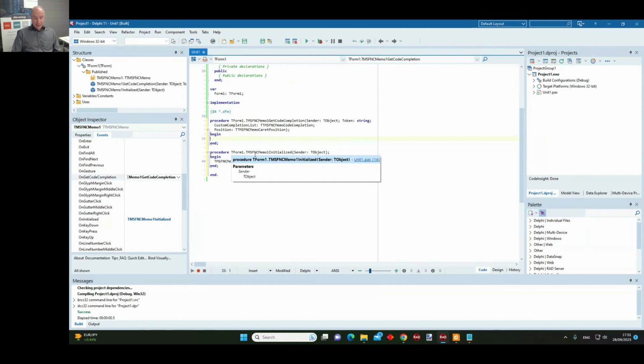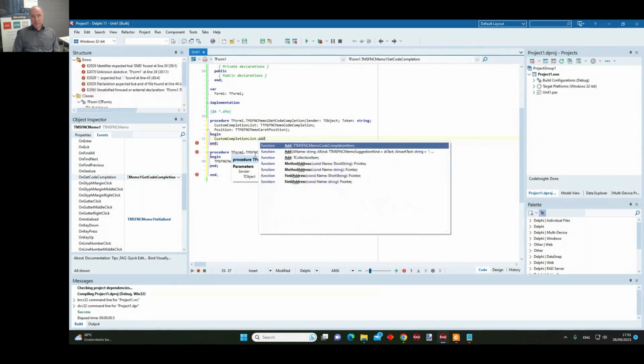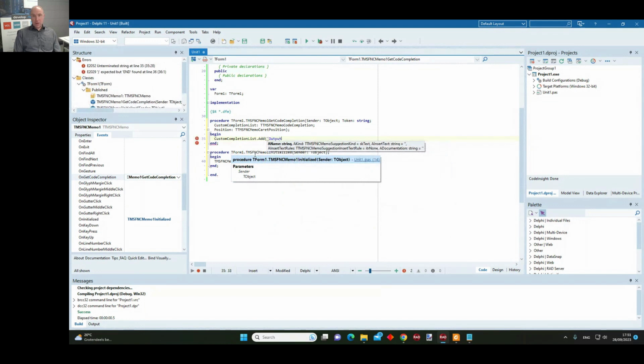And from here, in a similar way as we did for the ADV Memo, we can also add items to the custom code completion list. We do that with the Add functions. And here, for example, I can add OutputDebugString. And here, the second parameter specifies what type of element it is that is being added.